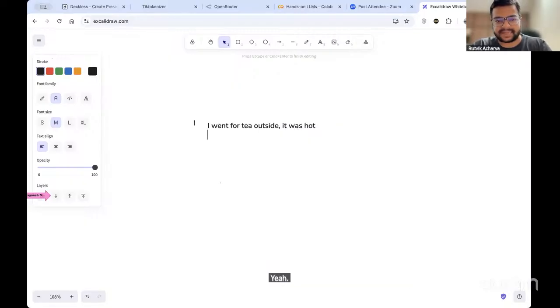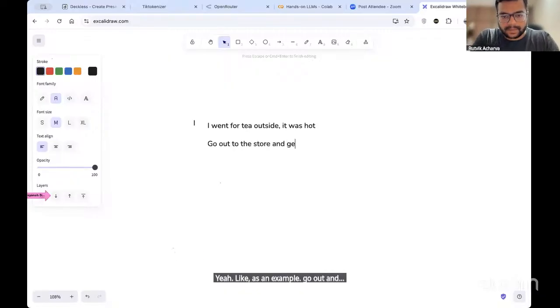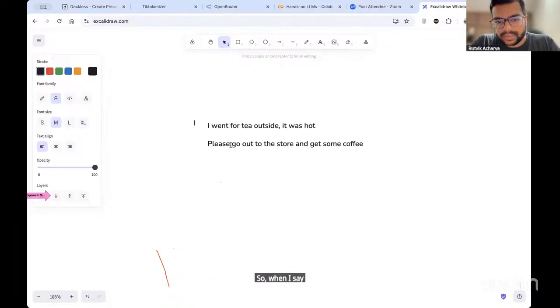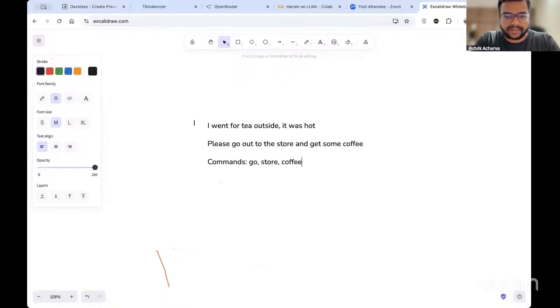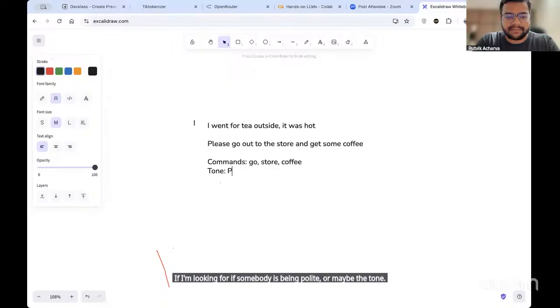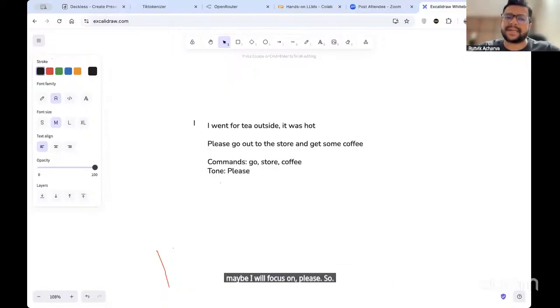For example, let's add please: please go out to the store and get some coffee. If we are looking for instructions or commands, right? Go, store, coffee is enough. If somebody is being polite, or maybe the tone matters, maybe I will focus on please. So the general point I'm trying to highlight is that whenever we have some text,